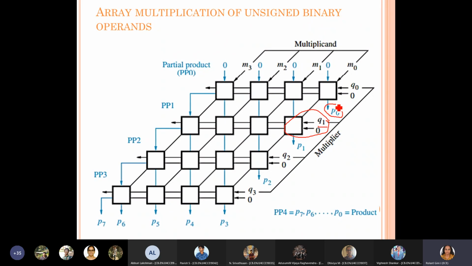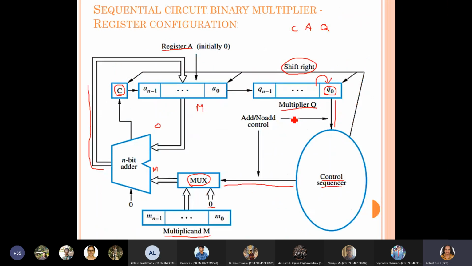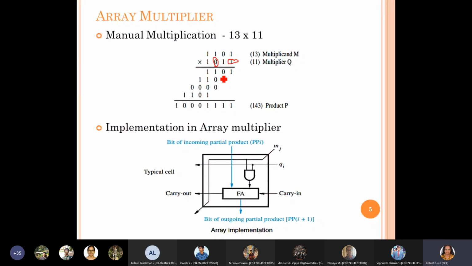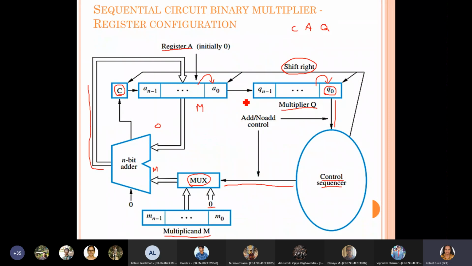So in the next iteration the addition will begin from the next place value rather than the previous one. A1 must be here at this point, and when you go for adding, naturally you end up adding the previous partial result with A1 rather than with A0, because A0 you have shifted to the Qn minus 1 position.